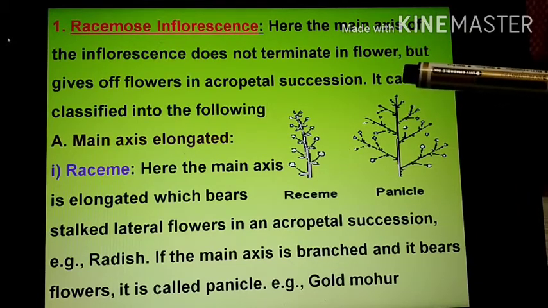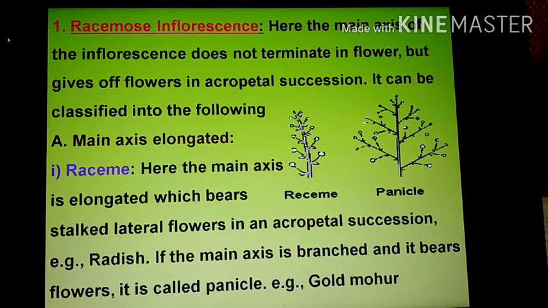এবং এই racemose inflorescence-কে আমরা চারটা ডিফারেন্ট টাইপে ভাগ করতে পারি। These are main axis elongated, main axis shortened, main axis suppressed, and main axis flattened. প্রথম main axis elongated এর কথা যদি বলি, here the main axis will be elongated and it will give rise to the lateral flowers in the acropetal succession, এবং এটার আন্ডারে চার রকমের ইনফ্লোরেসেন্স আছে: রেসিম, স্পাইক, ক্যাটকিন অ্যান্ড দ্য